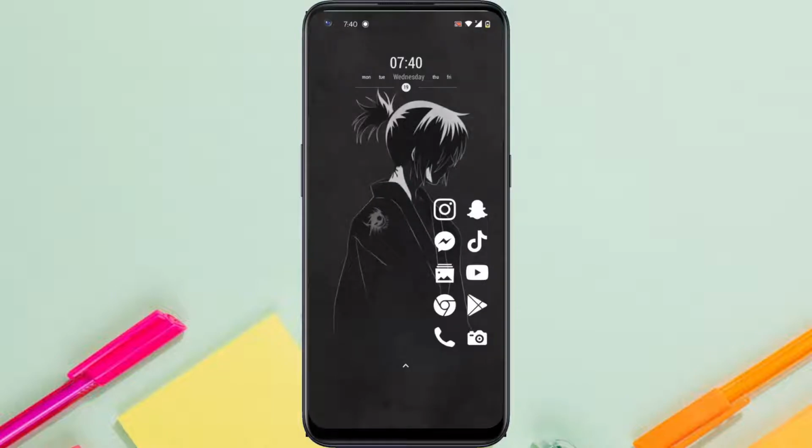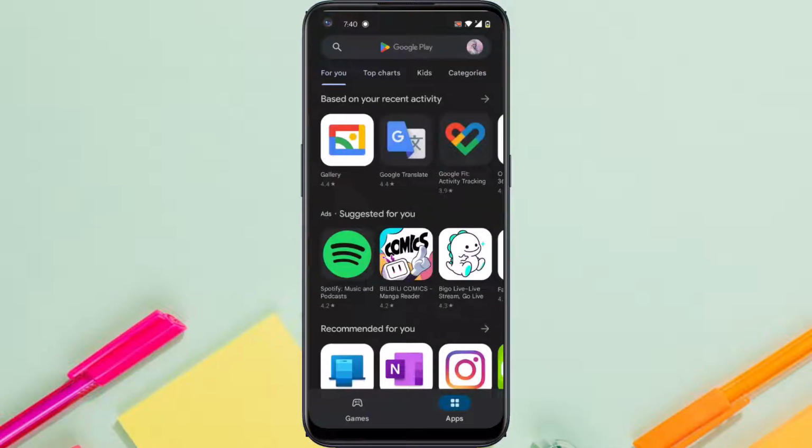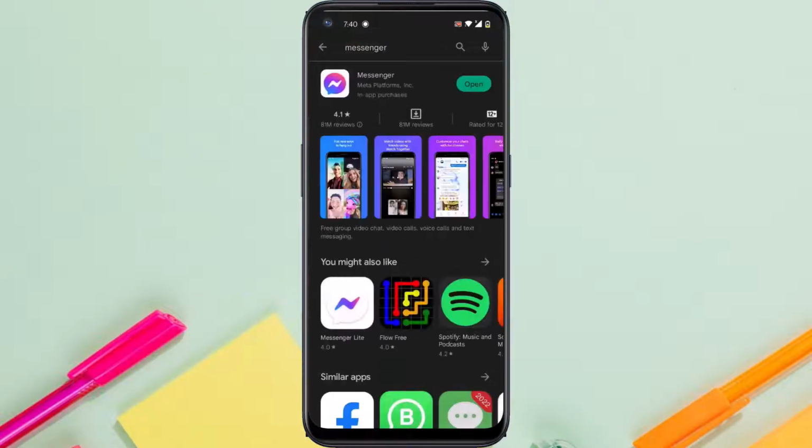But if it still doesn't work, it might be that your Messenger is having a bug or that your Messenger is not up to date. So in order to fix the problem, go to your Play Store or App Store and then in the search bar type in Messenger. Now as you can see, it currently says open, meaning my app is already up to date, but if yours says update, it means that your app is not up to date and that it needs to be updated. So try updating your Messenger app and then go to your stories option once again,